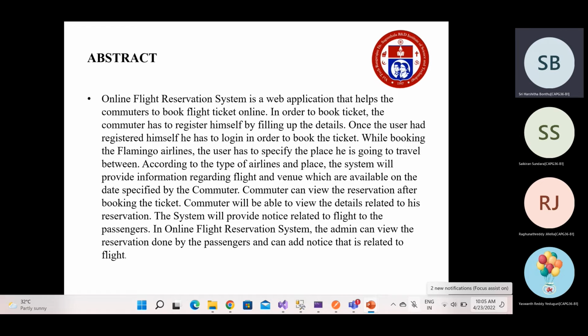If the user has registered, he can log in to book the ticket. The customer can view the ticket after the reservation, and can view all the details related to his reservation. The system will provide notices related to the flight and the passengers. Also, the customer will have many payment methods, using a credit card or debit card with certain